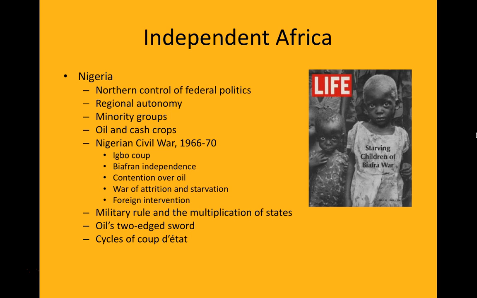The Constitution of Nigeria, written in the initial phase of independence, guaranteed regional autonomy for both the North and for the Southwest and Southeast, which meant that regional politics were dominated by the largest ethnic groups, again, the Hausa Fulani in the north, the Yoruba in the southwest, and the Igbo in the southeast. And these minority groups were kind of left out of the equation. They didn't have any recourse to public power, to political power, and they came to resent the lion's share of the power being handed to only these three ethnic groups, right? This was made even more complicated by